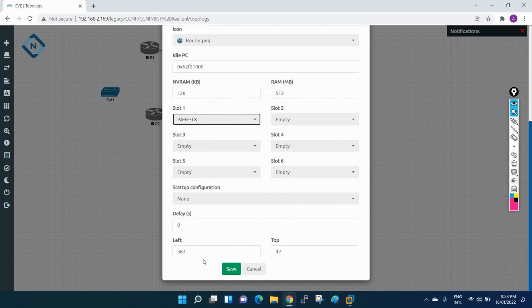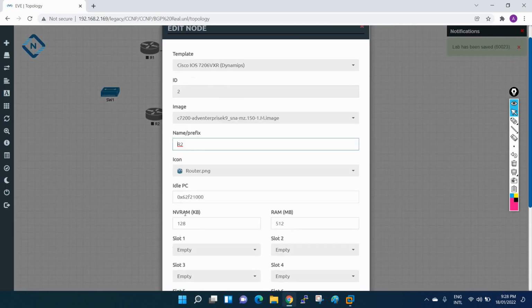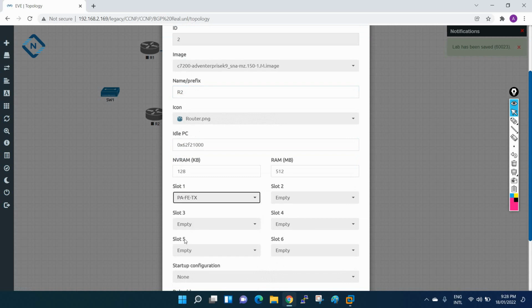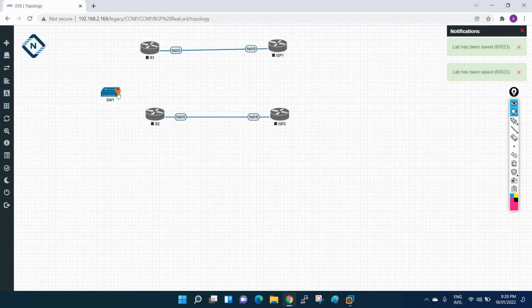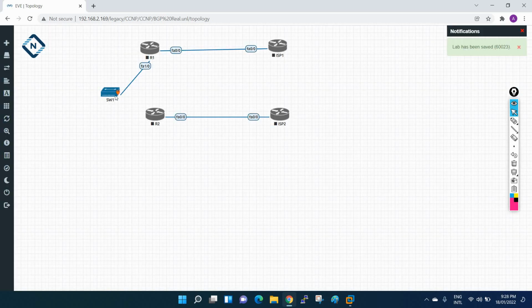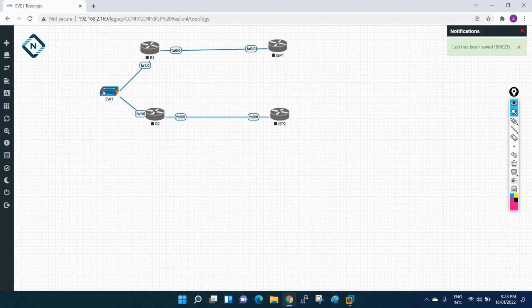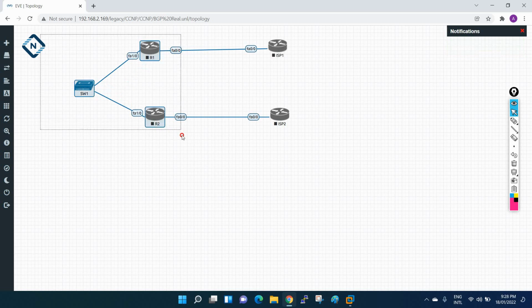I will put FastEthernet1 here, and FastEthernet1 here also. Now we can connect this here. Now imagine this is your organization.